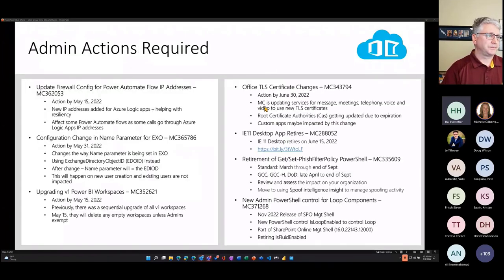And then a couple admin actions, of course. If you haven't dealt with IE 11, make sure you do that before June 15th. Please note some of the following ones. There's updates in firewall configurations for Power Automate. That's an important one. Some changes as far as how the name parameter in EXO, or Exchange Online, is happening,